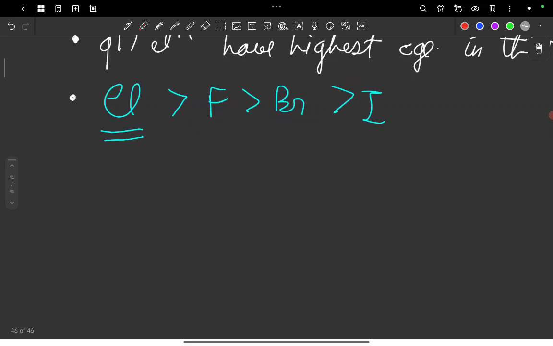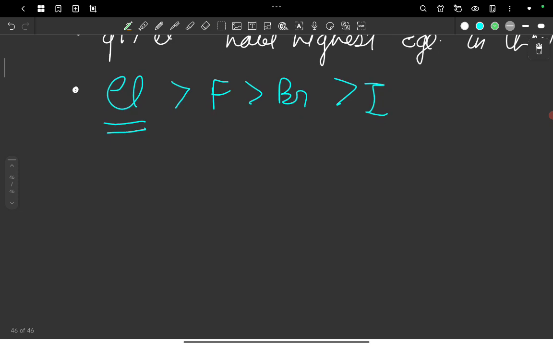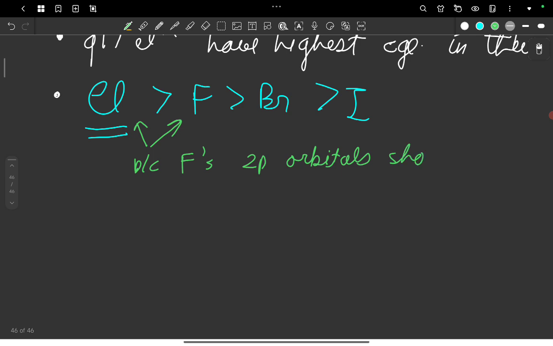There are strong inter-electronic repulsions in the small 2p orbitals of fluorine. This is a line in the NCERT, I have opened the NCERT right beside me so I don't miss any point. Basically, I'll just write the reason: because fluorine's 2p orbitals show strong inter-electronic